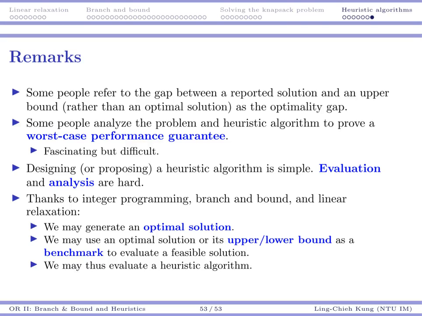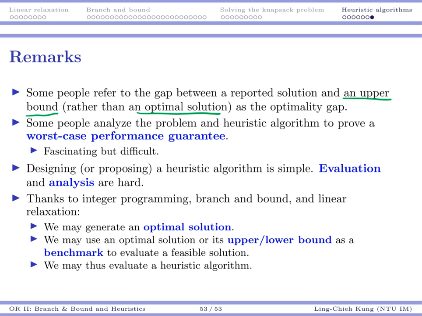So finally, we want to add some remarks to the whole process. Pretty much when we are doing all of this, we want to evaluate the difference between an optimal solution and our proposed solution. But unfortunately, the optimal solution is just too hard to be calculated. So that's why we resort to some kind of upper bound or lower bound for the optimal solution. That's how people do it in practice.